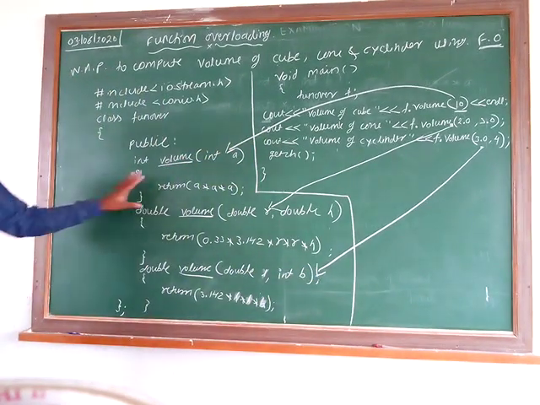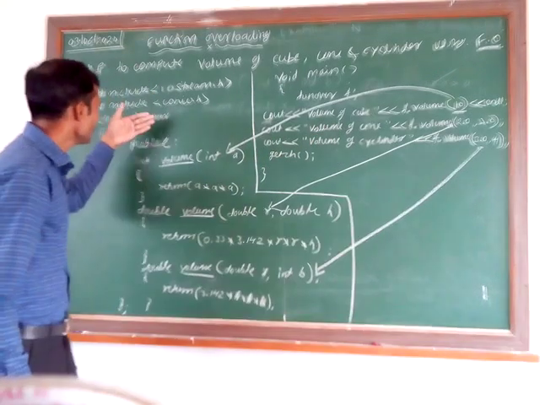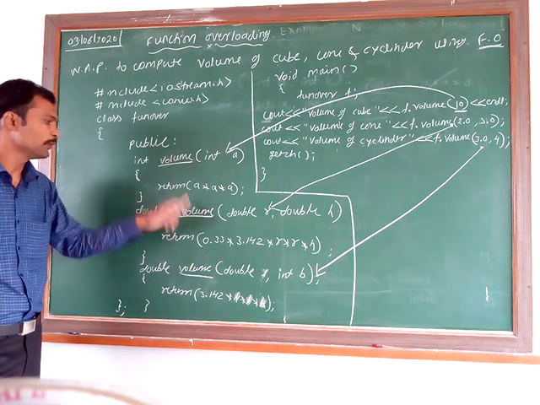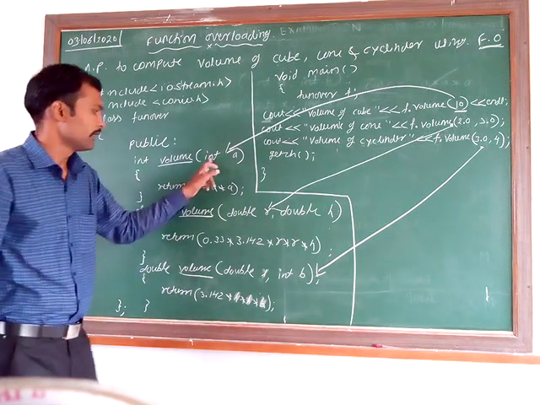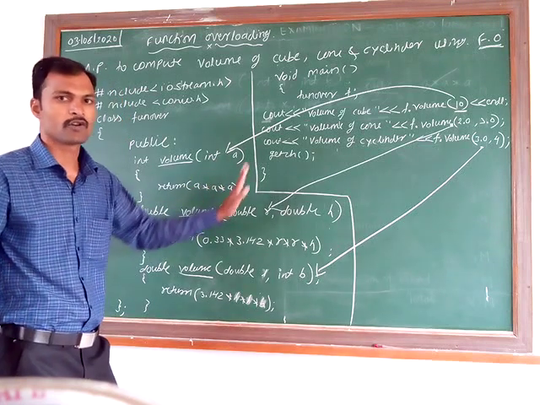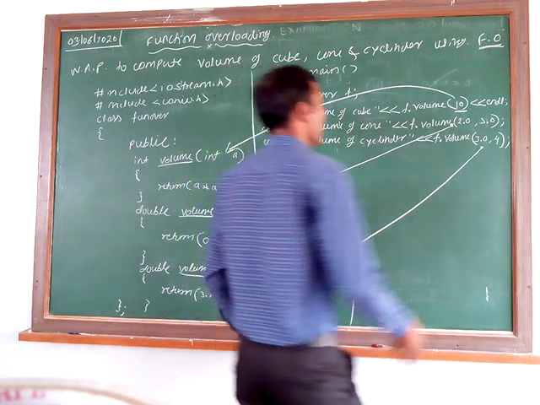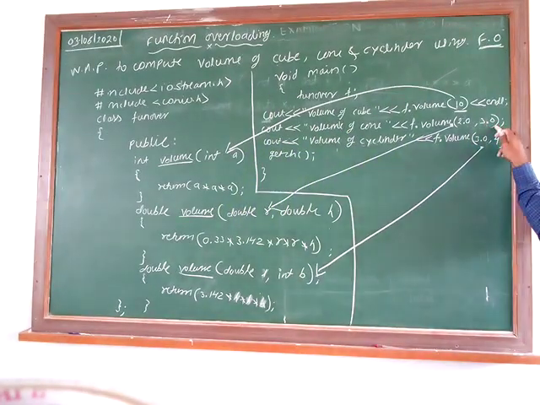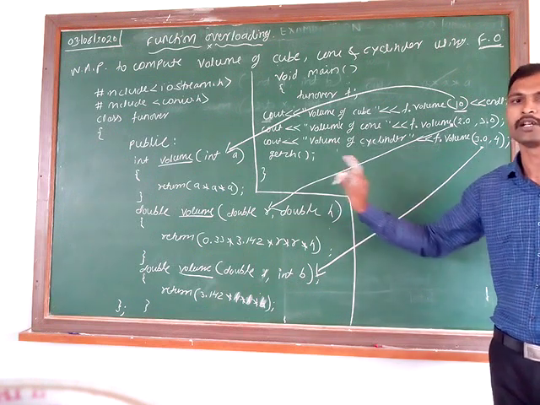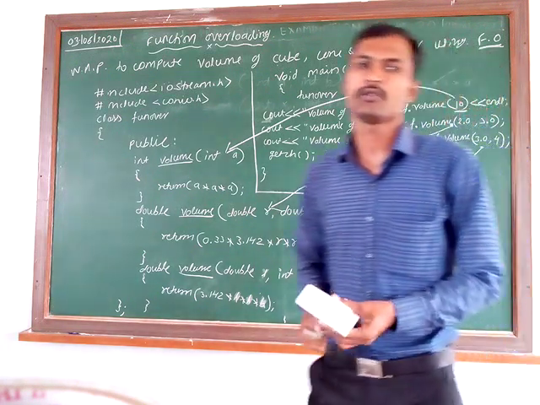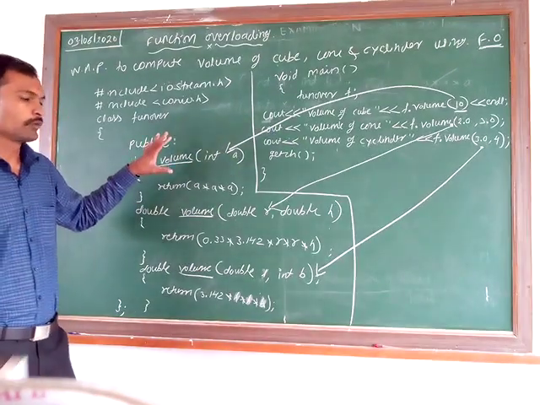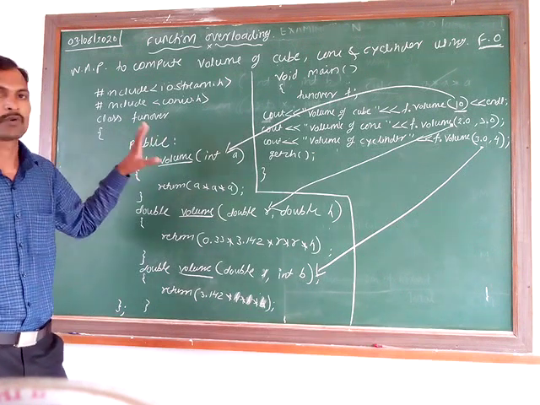So this is called function overloading. It means one class can have two or more functions with the same name, but different number of arguments or types of arguments. Now how will it be invoked? Based on its arguments. Based on how you pass the arguments, that function will get invoked. So this is about function overloading. This is one small try to clear your concept about function overloading.